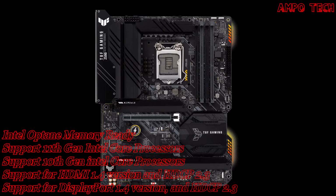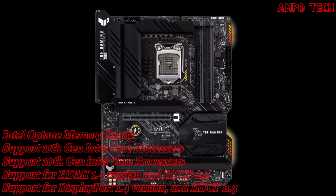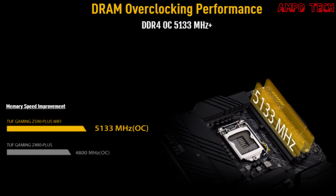The ASUS TUF Gaming Z590-PLUS motherboard has a CPU max support of Intel Core i9 with LGA1200, and it has an Intel Z590 chipset. For DDR4 memory overclocking and compatibility: 5133 OC, 5000 OC, 4800 OC, 4600 OC, 4533 OC, 4400 OC, 4300 OC, 4266 OC, 4200 OC, 4133 OC, 4000 OC, 3866 OC, 3733 OC, 3600 OC, 3466 OC, 3400 OC, 3333 OC, 3300 OC, 3200 OC, 3000 OC, and 2933 JEDEC, 2666 JEDEC, 2400 JEDEC,